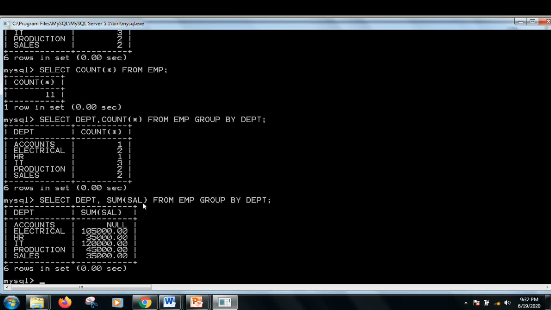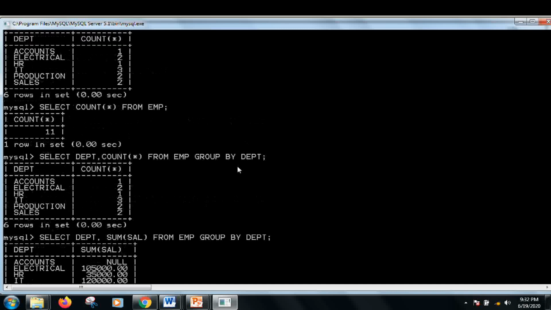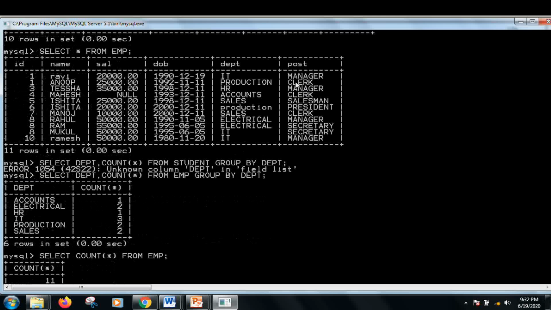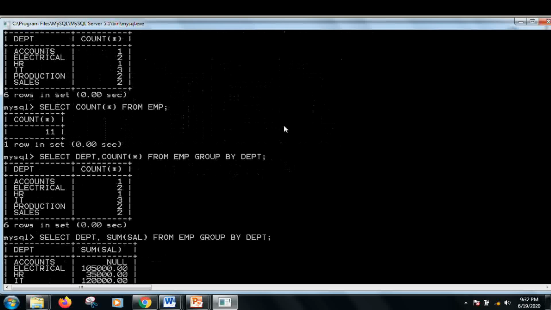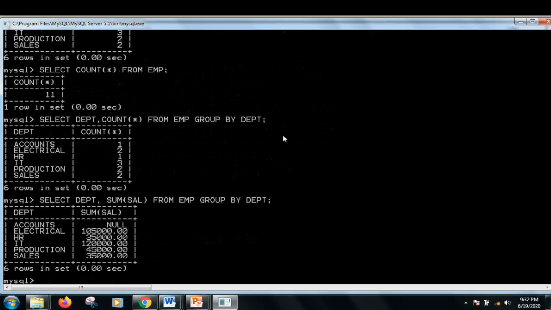We can also have some other examples which will help us to understand. We can also do grouping on the basis of post. For example, if I am asked to find the average salary of all the employees who are managers, I can write this query as follows.